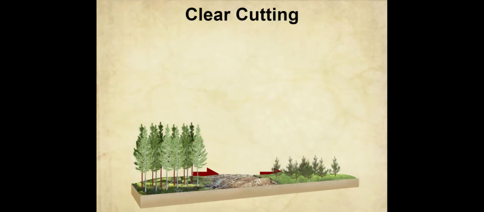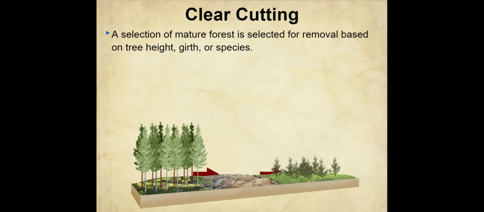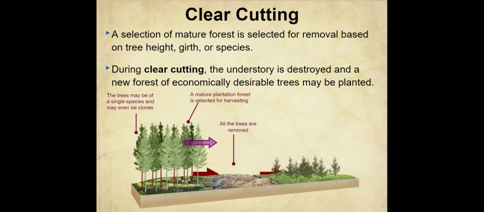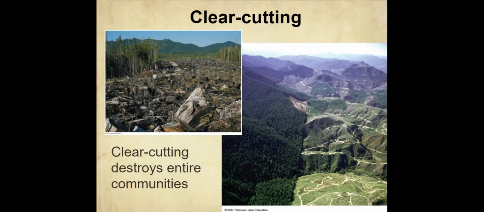forest. Clear cutting, the total and complete opposite, is where you take every single tree in that area. It doesn't matter what it is. So during clear cutting, the understory is destroyed and a new forest of economically desirable trees may be planted. Not always planted though. Okay, so all the trees are removed, and then seedlings of the same species are usually